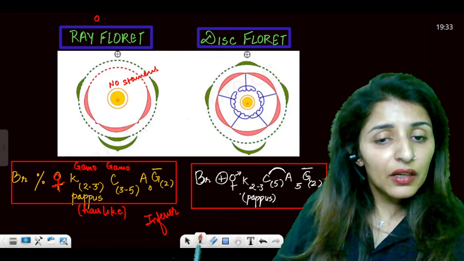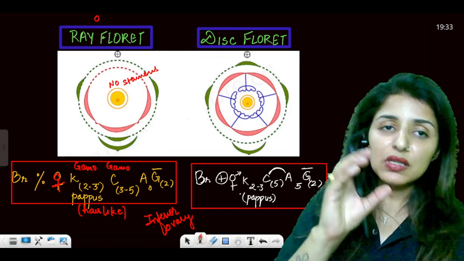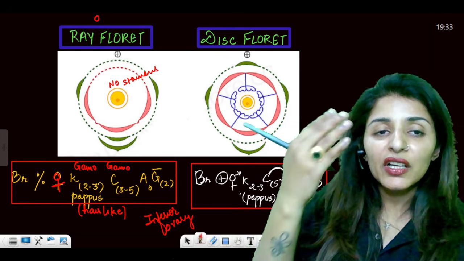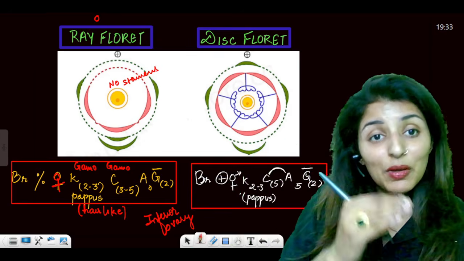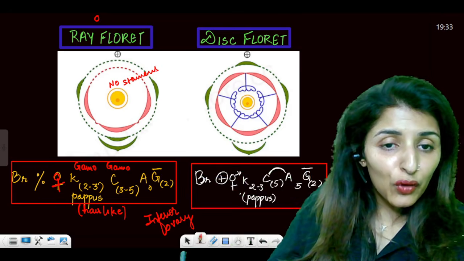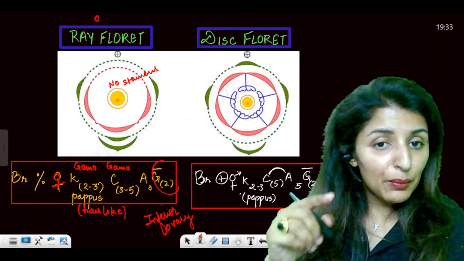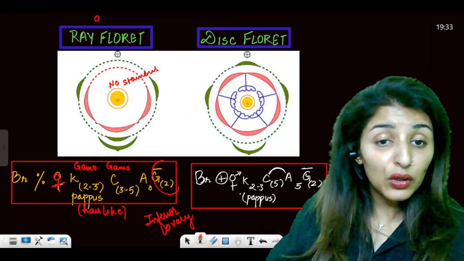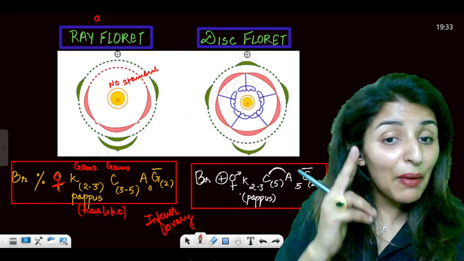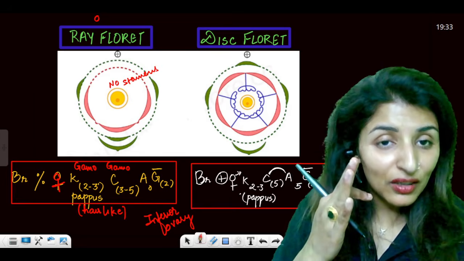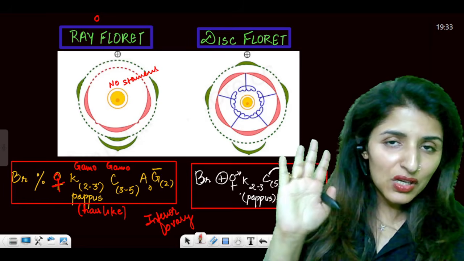So, you might be given a formula, and you can be asked questions. What can you conclude from the given formula or the given floral diagram? So, you should be able to read them properly. From this one aspect, G with a bar above, 2 and 2 in the brackets, what all things can you deduce? You can deduce that first of all it is an inferior ovary, second it is a bicarpellary condition, and third you can conclude that it is a syncarpous condition. So the two carpels are fused. I hope this is clear.